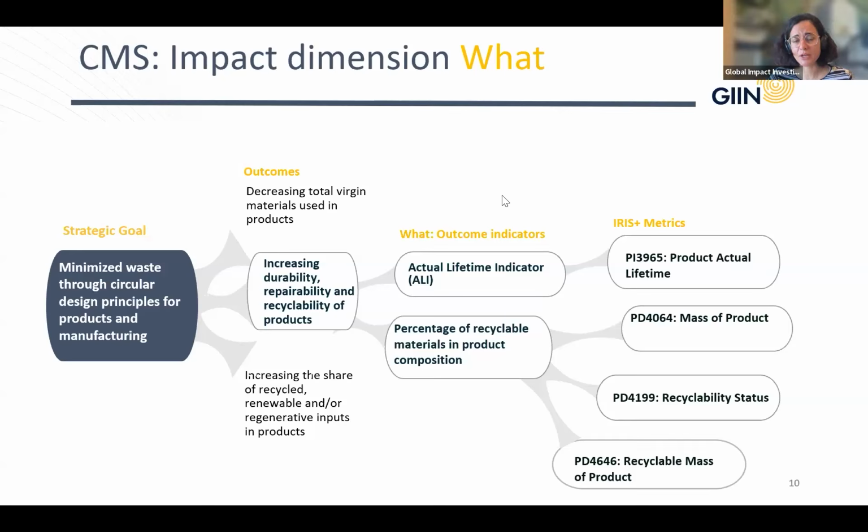But what I want to do in the next section is to note that, as well as having these two very important recommendations in terms of the outcome indicators that are important to keep in mind for this outcome, and this is the same structure. So whatever strategic goal you look at, when you look at the core metric set, you will see what dimension and the selected outcome indicators and IRIS Plus metrics, and how to think about it and go about learning more and identifying the data you need and interpreting the data you need.